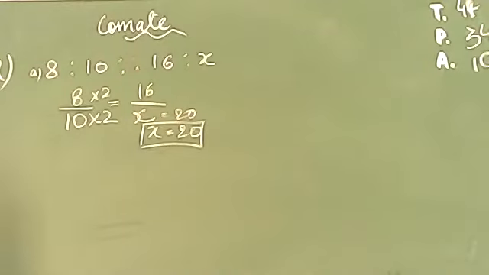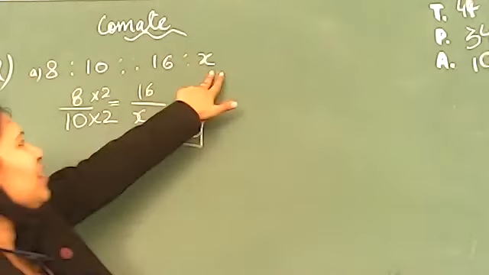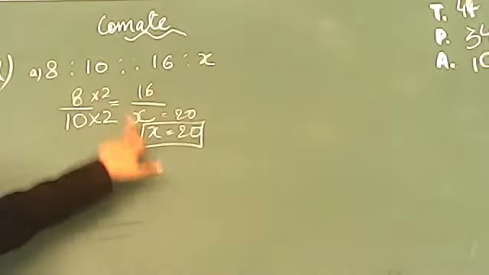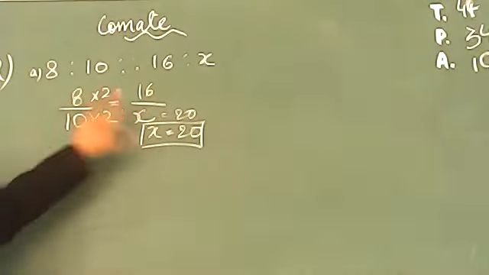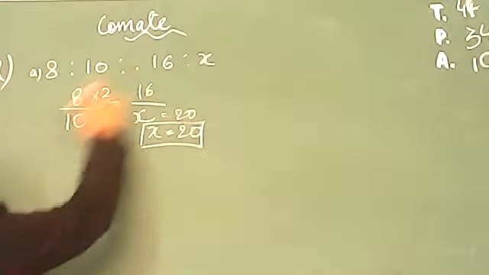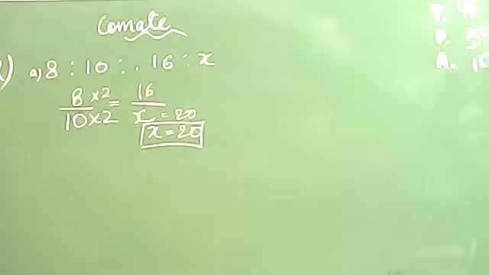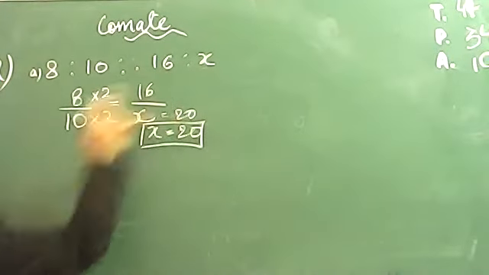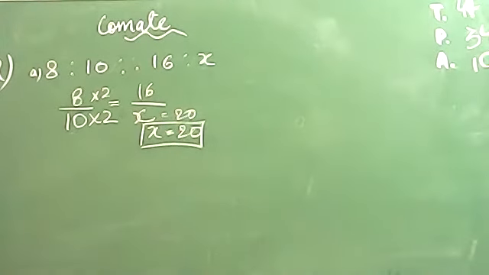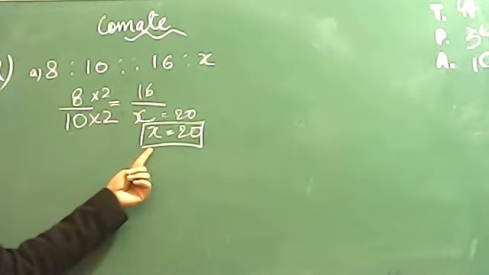Beta, in this question I have taken 8:10 and this is 16:x. In between the sign of proportion is there. Proportion means equal to. Fine. It means both the ratios are equal. Now you can see 8 is equal to 16. That means how did 16 come from 8, beta? Multiplying by 2. So 8 into 2, 16 comes. The same way when you multiply 2 with 10, what will come? 20. So that is why the value of x is 20.